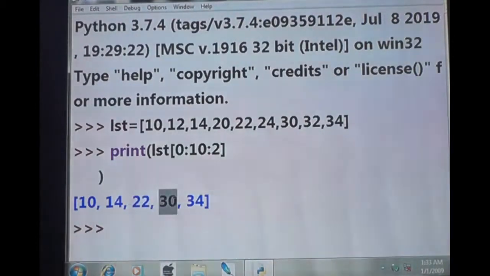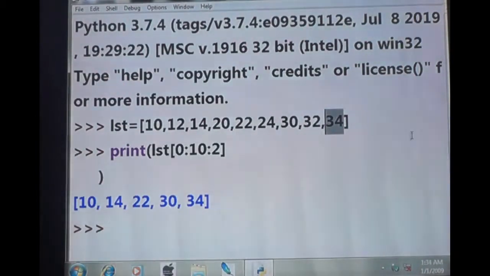Okay? Fine. Then what is this 10? You have to end before 10. You have to end before the 10th index. Okay? So where is the 10th index? 0th index, first index, second index, third index, fourth index, fifth index, sixth, seventh, eighth.